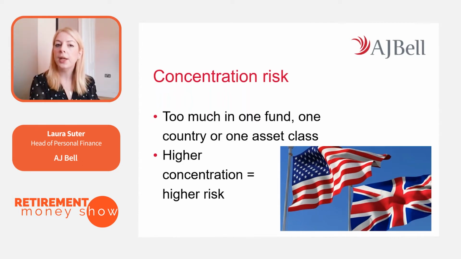And typically UK investors tend to have a lot of money in the UK. They recognise the companies, they find it a bit more relatable, they even use those companies, and so they tend to have what we call a home bias, where they have a hefty chunk of their portfolio allocated to UK stock markets. And another error that people can make is getting too wedded to one particular fund manager.